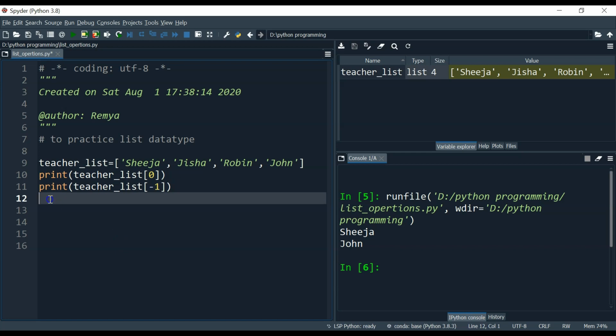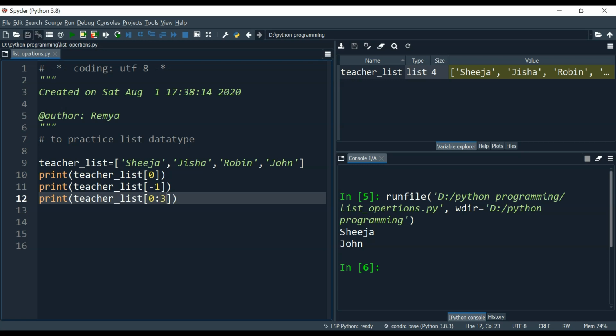Suppose I want to get the list of first three teachers in that list. You just give teacher_list of 0, teacher_list of 1, then teacher_list of 2, right? So in Python, you can make it easier with the slicing operator. Just give 0, colon, 3. So you have to give 3 there.